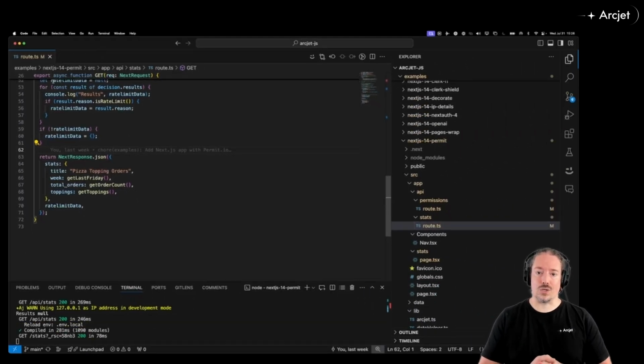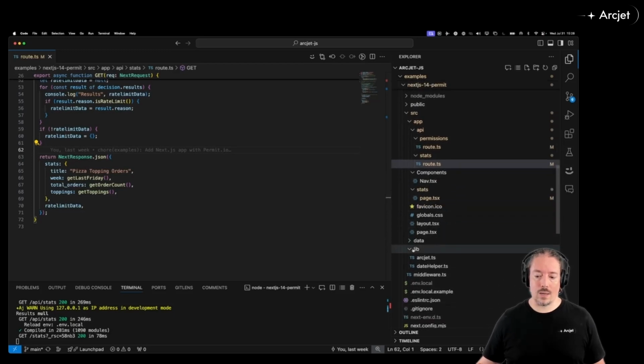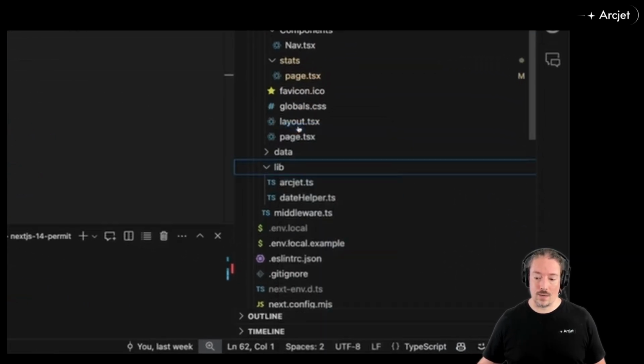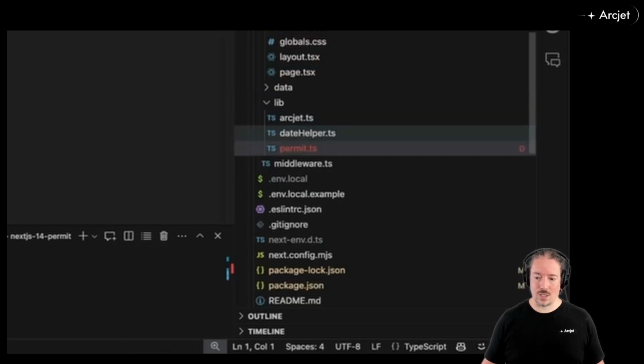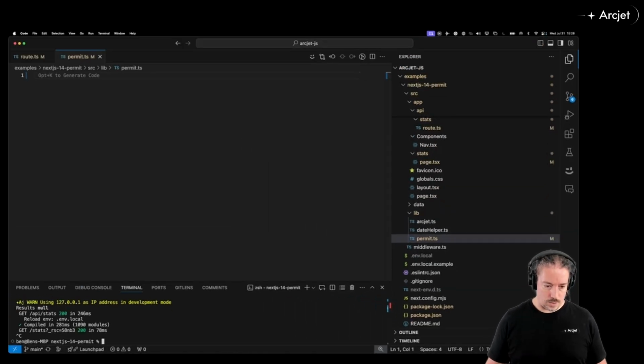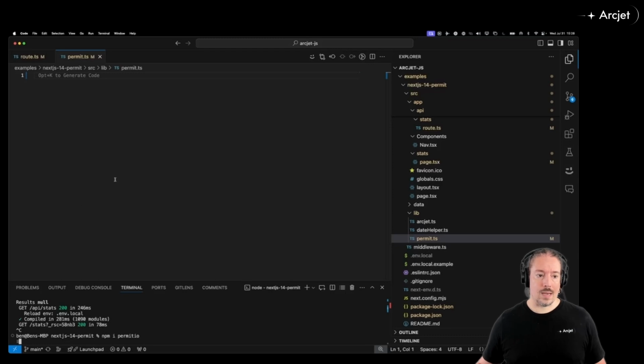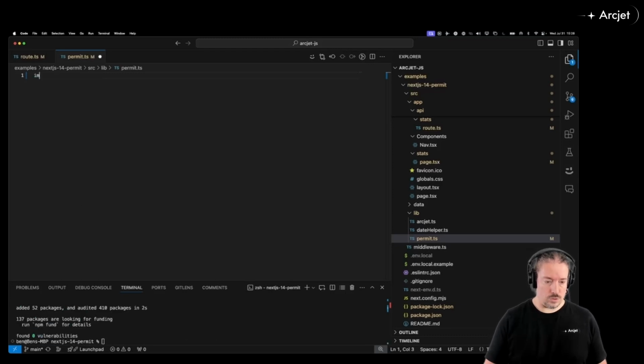So step one is to connect to permit. So I'm going to come in over here under library. I'm going to create a new file down here, and I'm going to call this permit.ts. Meanwhile, I'm going to come down here. I'm going to stop node, and I'm going to do an install of permit.io. And then in here, I'm going to import